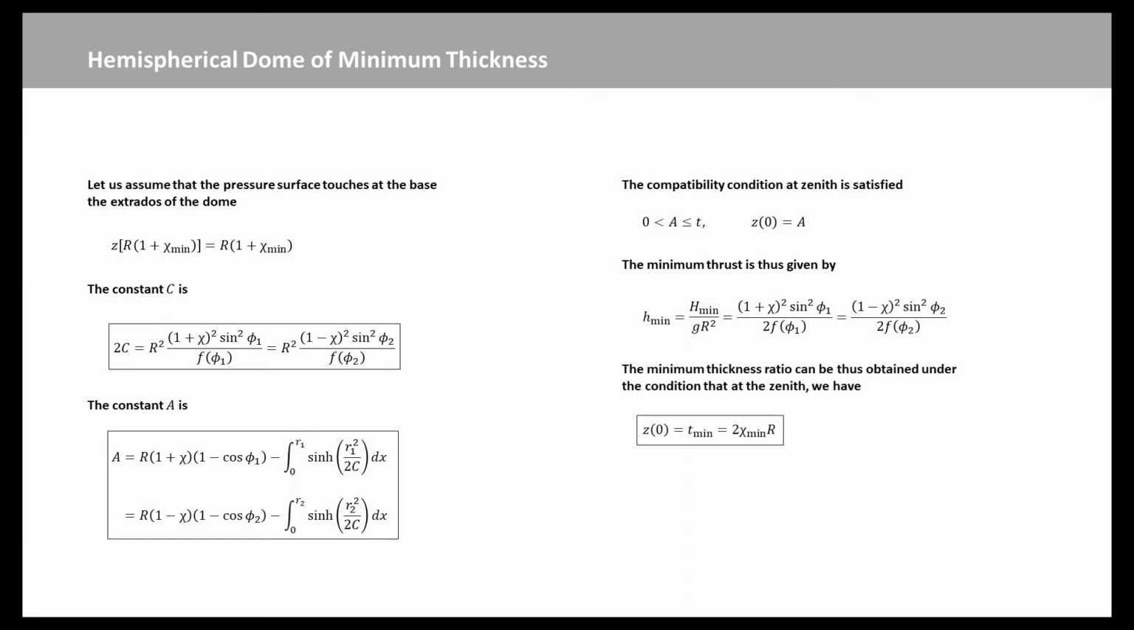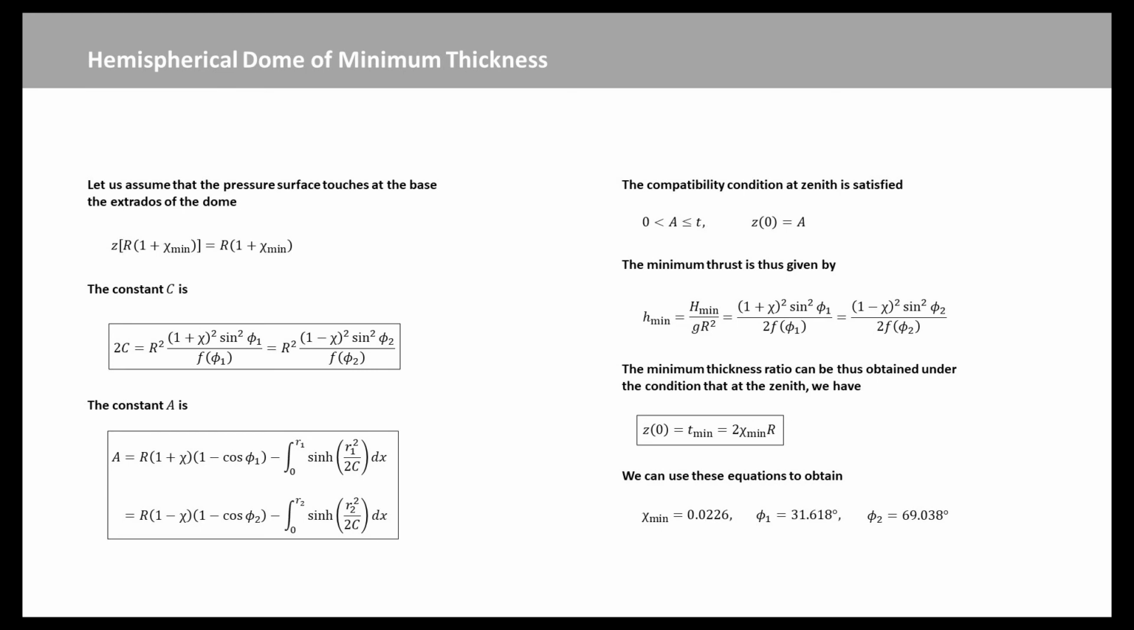Search for the minimum thickness of the dome. The thickness can be reduced as far as the pressure surface that goes up from the spring and passes through the defined points M and N touches the intrados at the zenith. The minimum thickness ratio can be obtained under the condition that, at the zenith, we have T minimum equal to 2 times chi minimum times capital R. Combining these equations, we obtain chi minimum is